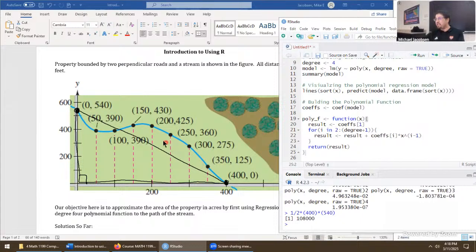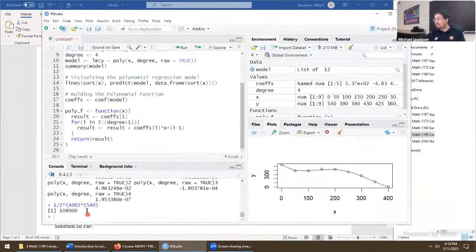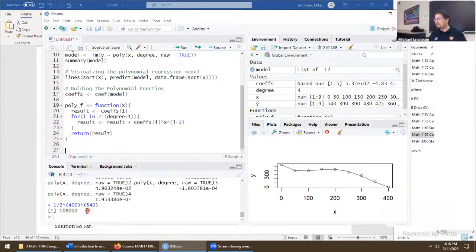I would say the true area is much bigger because of the way this right triangle is approximating. It's a slight overestimate up to the value of 100 feet, but then a major underestimate for all the rest of these values. So keep your eye on that number right there. If we've got the right area, it should just be a little bit bigger. Not twice that size, not half that size, that's going to be in the wrong direction, somewhere in that ballpark.